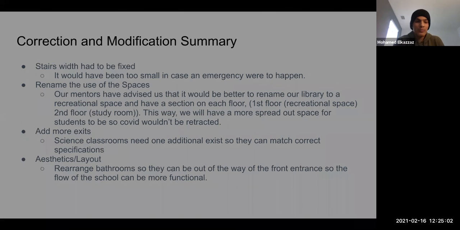We also want to rename some of our spaces because we realized that adding a library would force students to be in an enclosed space. So we wanted to split it up into a first floor, which is a recreational room, and a second floor, which is the study room, which then can spread out the space for students so COVID wouldn't be as much of a concern. Also add more exits because one of our science classrooms did not include the right amount of exits